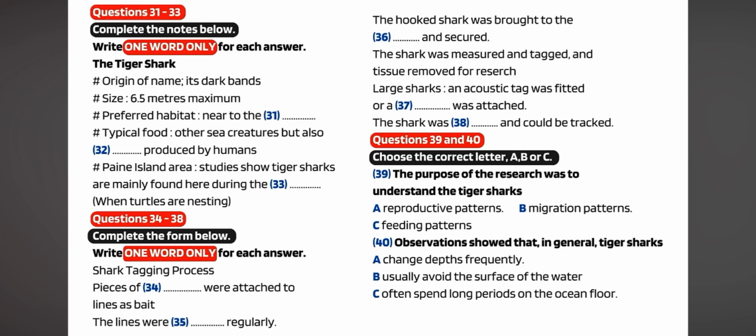Early in the morning, we baited lines with large bits of fish and set them in place. These lines were then checked every 3 or 4 hours. If no sharks were caught, the baits were replaced. Once a shark had been caught on one of the baited hooks, it was pulled in close to the boat and secured so that we could carry out a number of brief activities to aid our research. This usually took no more than about 10 minutes and was carried out as carefully as possible to minimize any